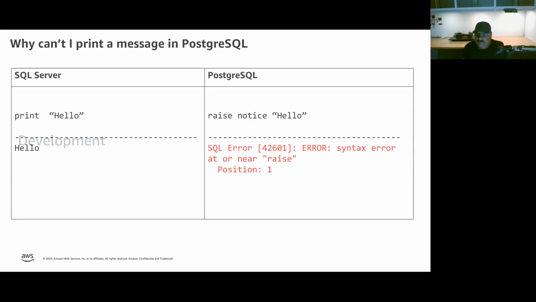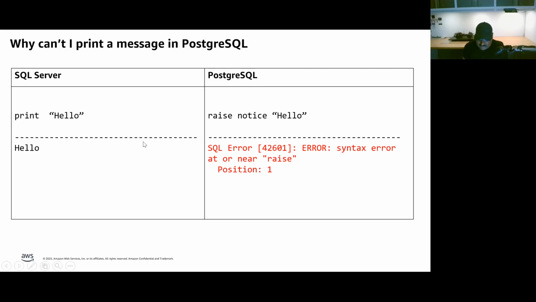So when I was learning Postgres with a SQL Server background, the first error I got is this. Because in SQL Server you can print any message by using a PRINT command. But the equivalent to print any message in Postgres is RAISE NOTICE. So when I applied RAISE NOTICE, I got this error. Then I was wondering what mistake I had made, and I started searching in Google and spent a lot of time. And from there my journey started.